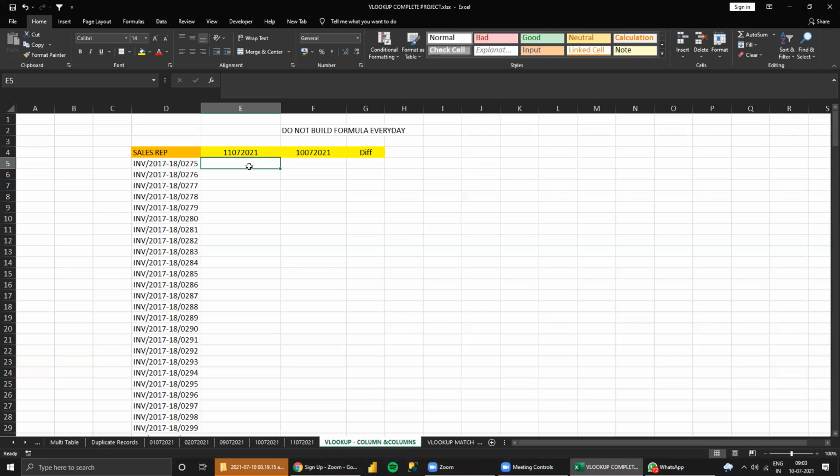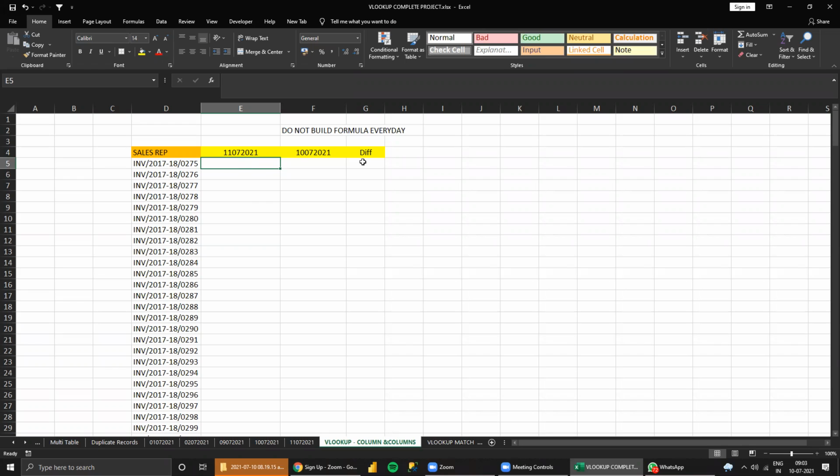Sir, every day a new tab will be created, is it? Yes, daily. This is a project I did for one of the clients. They compare the daily stock inventory reconciliation. They need to see the trend every day. So every day they create the sheet and get the details. They download from the application.